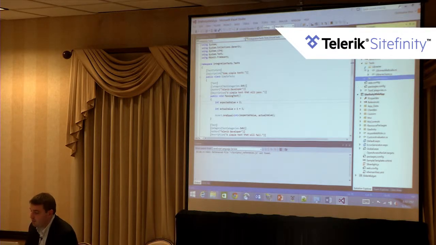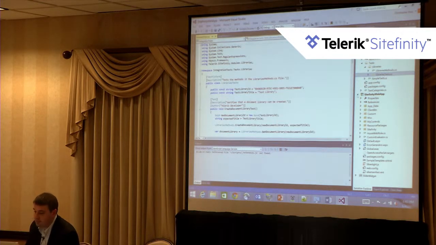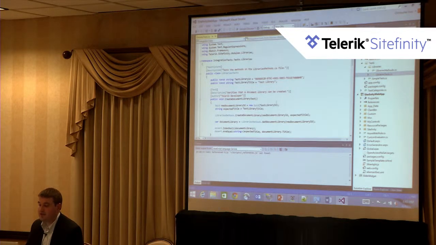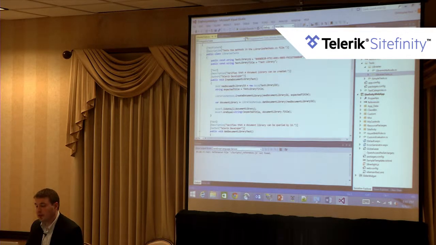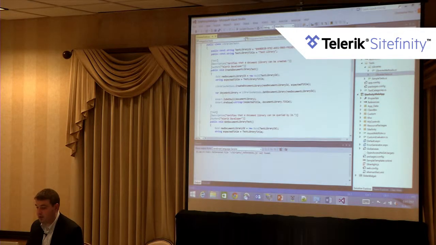And if we look at some of the more advanced tests that we've built out here, we can see a little bit of that. So in this case, we're testing some of our document libraries. We're testing adding new documents to our document libraries to make sure that that's working, making sure that things are or are not equal in our tests so that we understand exactly, are things as expected? Are things changing? Things like